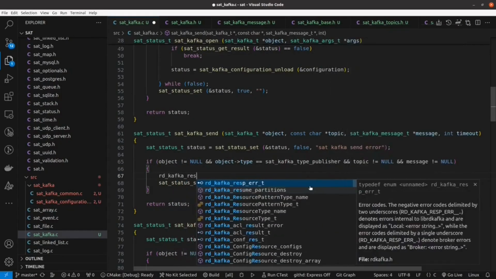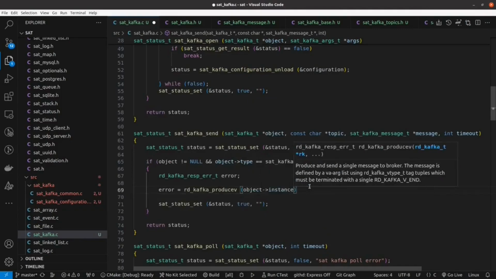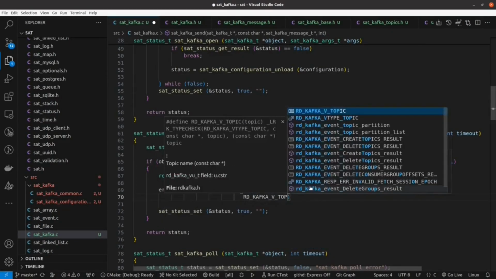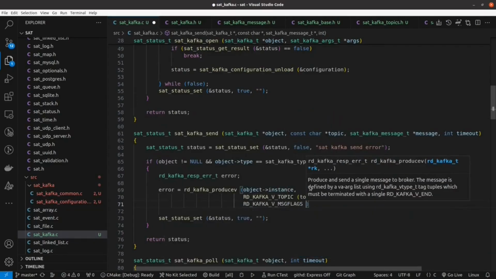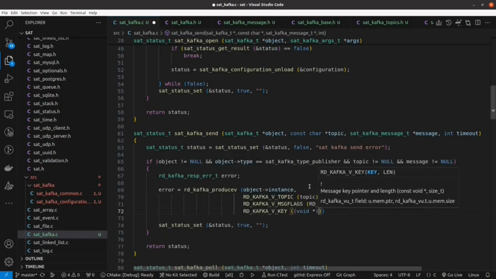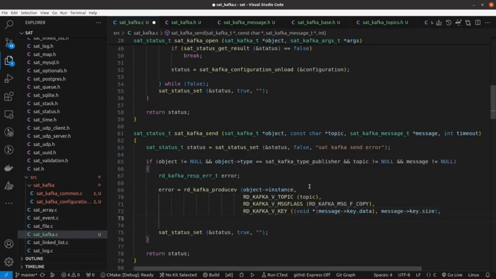Moving on to send, we need to ensure that the instance is a producer. So we check if it is indeed a producer. We check if its topic is not new. We also check if the message instance is valid. With everything set, we prepare the message to be sent. We do not wait for the messages and perform a flush. In the poll function,